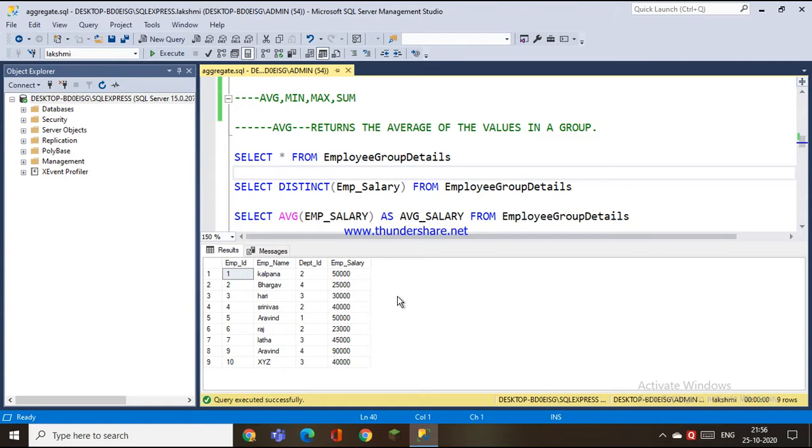First of all, I'll explain the average function. This average function returns the average of the values in a particular group. For that I have a table, the employee group table. This is a table with employee ID, employee name, department ID and employee salary. For that, if we calculate